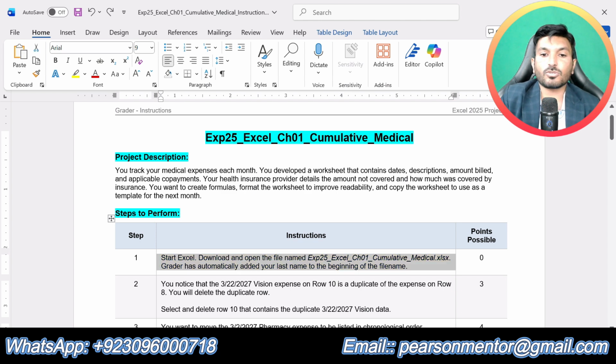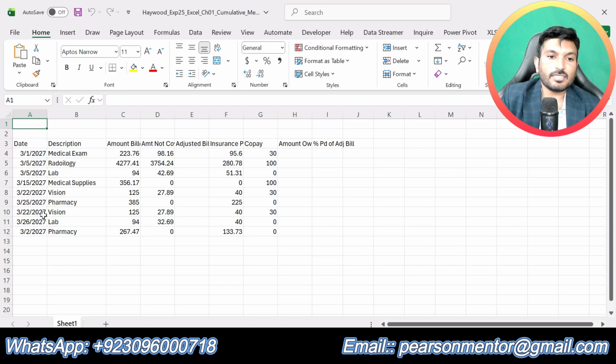So let's move to step number 2. You notice that the 3/22/2027 VN expense on row 10 is a duplicate of the expense on row 8.